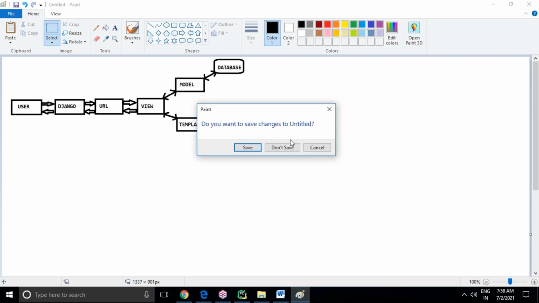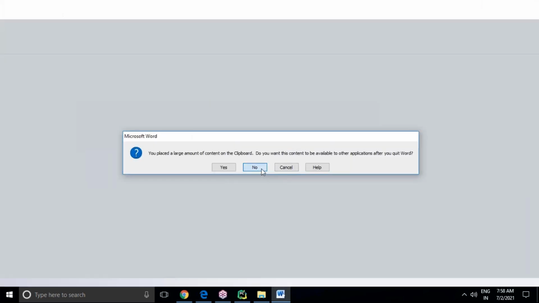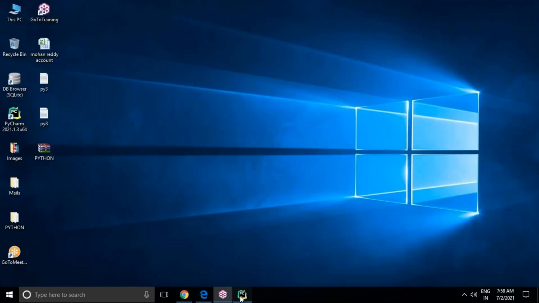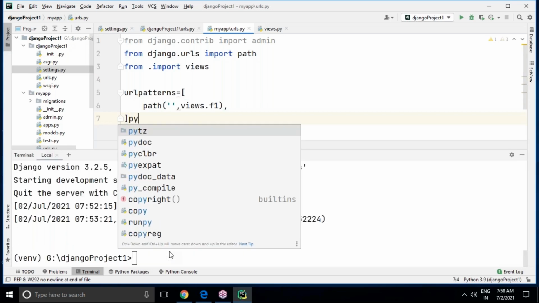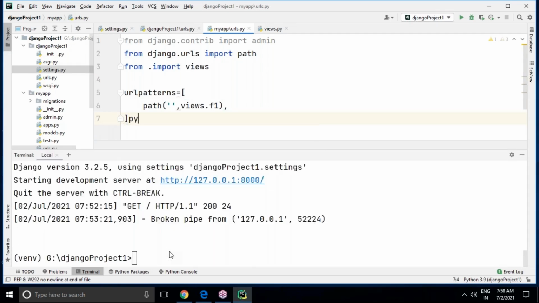Now you can change the port number. It's very simple. What is the port number's purpose? If you change the port number, then from now onwards your project is going to run under that port number. So you can see I'm changing the port number here. Now type python manage.py runserver, then the port number. Suppose I'm giving 5555.